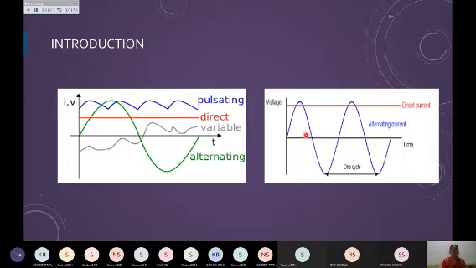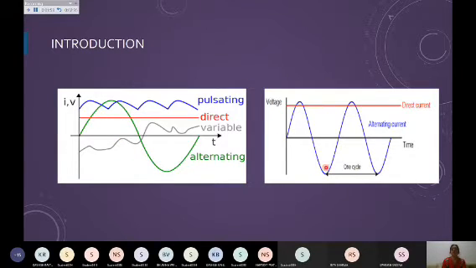And time period is the time taken to complete one cycle. So if you start the cycle from here, then it is one cycle till it comes in the same phase again. It means whatever terms we used in 11th class for waves or oscillation, we have to use them again, because you can see the curve I am getting is a sinusoidal curve. So when I plotted the graph of the voltage or the current, I am getting similar shapes, that is a sinusoidal graph.